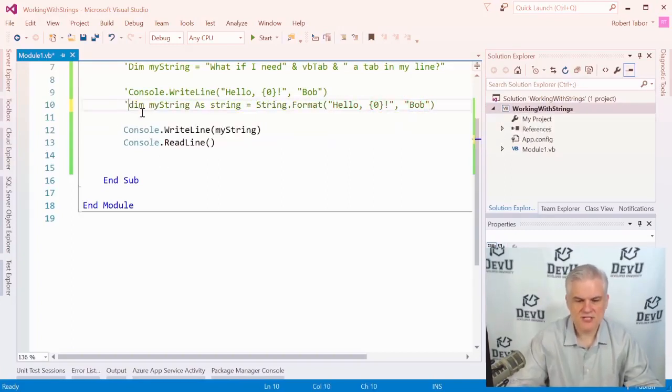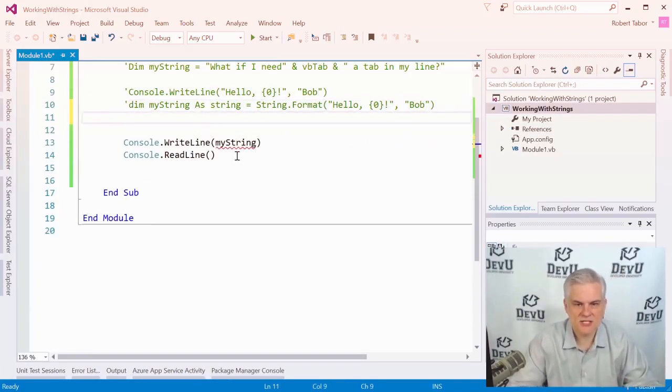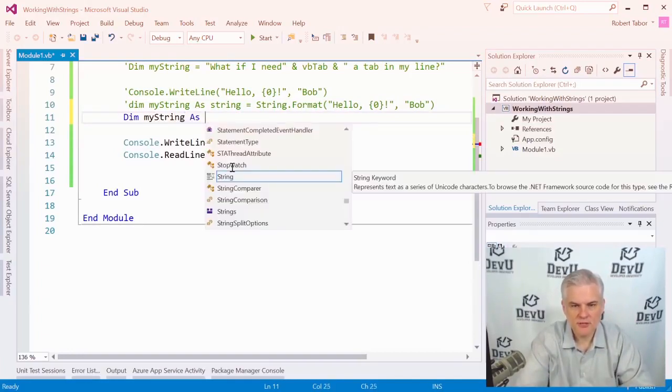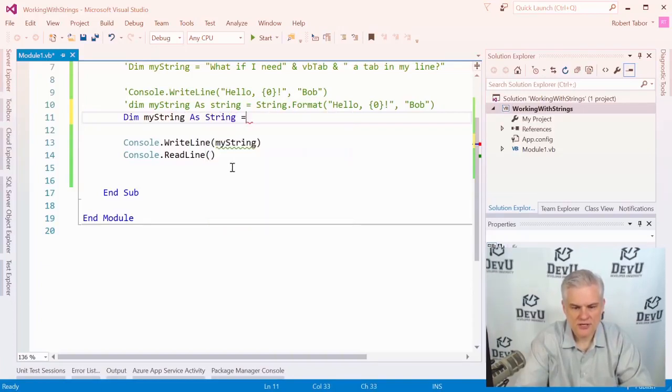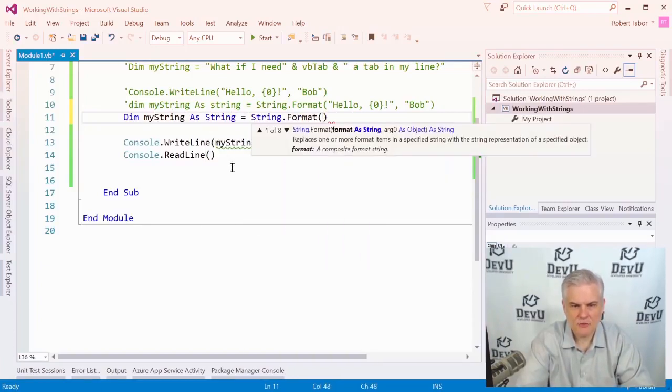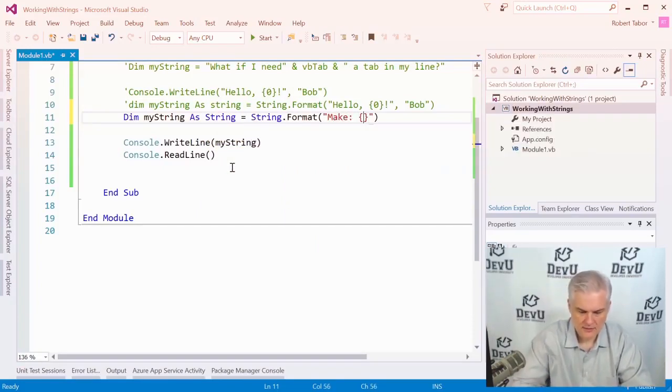All right. So that's a very simple case, but let's look at some more interesting cases. So for example, we already looked at an example where we were able to use multiple input parameters. So string equals string.format, and then we were able to do something like the make 0, the model 1, and the maybe even year 2. Of course, this is 0 based,